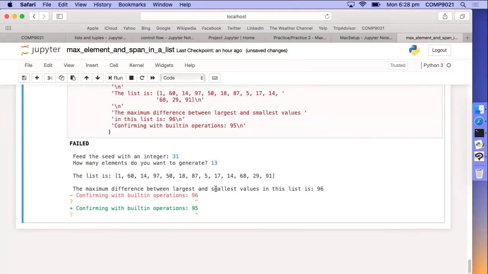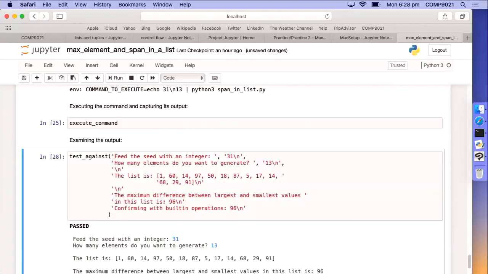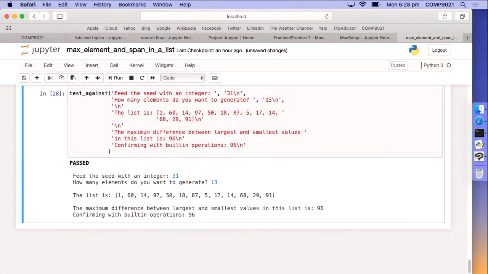So that's another way for you to learn and test your programs. Right, so there are many ways to work, either just in Ed or locally, and that's a very nice way for you to